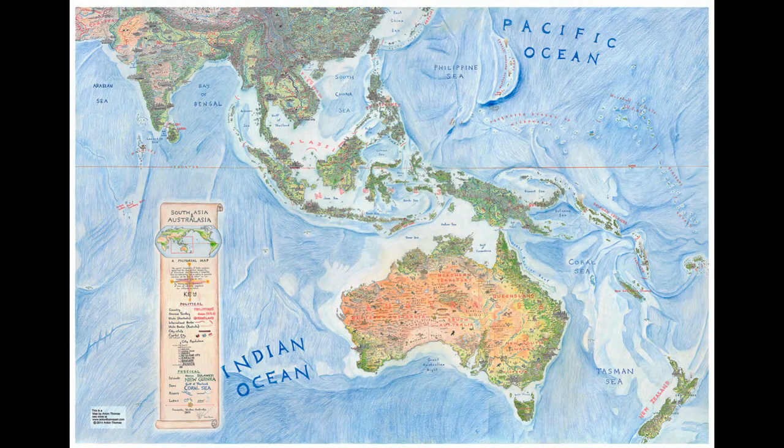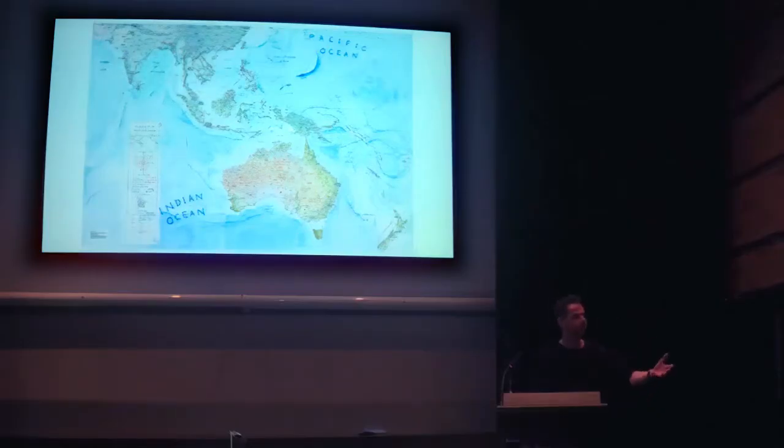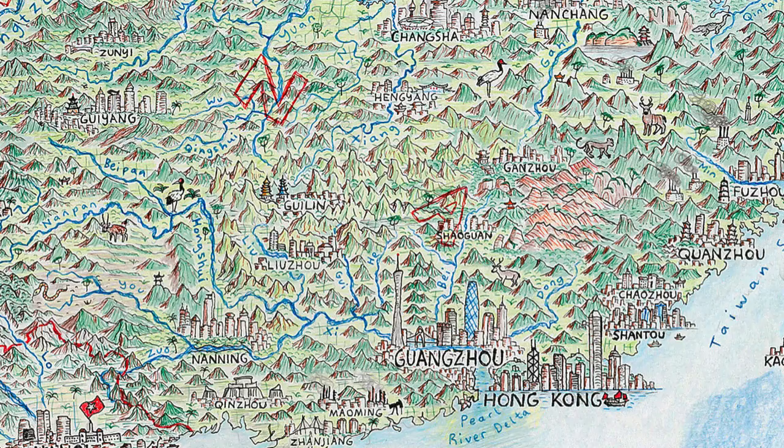It is called South Asia and Australasia. It spans from Pakistan all the way to New Zealand. And I had no idea what I was getting myself into with this. And suddenly I was throwing all my free time into this giant map. And I'd chosen a projection that meant I had to start by drawing India and China right out of the gate, with the only experience really that fridge. So,